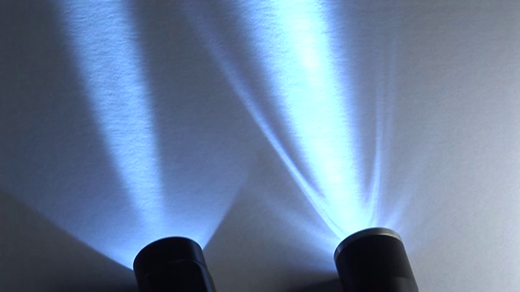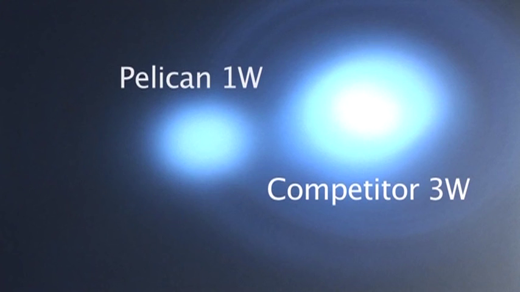Unless you're going for some kind of an effect, most of the time the Pelican flashlight is going to end up being the winner in this case because they use a much higher quality reflector and a much higher quality lens and optics. Now notice how the 3-watt Luxeon emits about a half a stop more light than the 1-watt Luxeon. However, you'll notice on the competitor's flashlight that it has a green fringe around the center spot that the